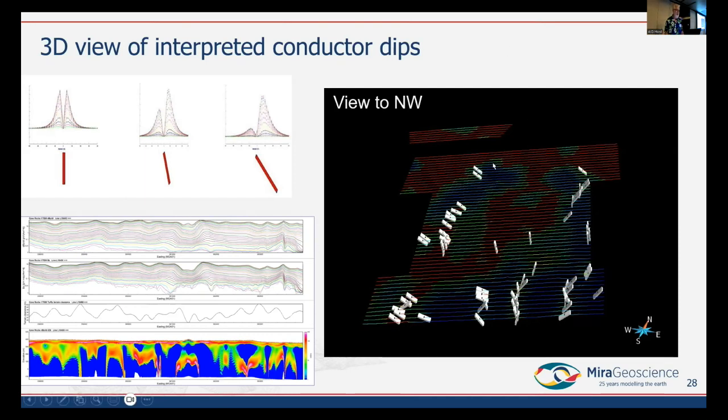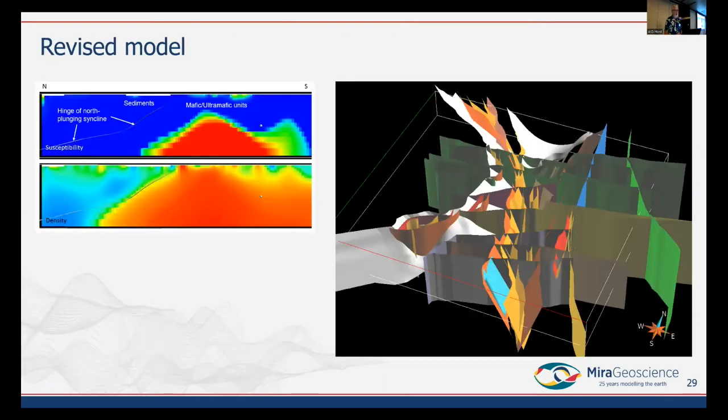And you can see by looking at this, so we're looking to the north here, that most of the ones on the western side are dipping to the east. And most of the ones on the eastern side are dipping to the west. And that's starting to not look like an anticline where we'd expect this geometry. It's looking like this. Okay, so we had this misfit between the potential field data and the geological model, and this evidence from the EM that maybe we were actually looking at a synclinal structure here, not an anticline. And we went back and remodeled it.